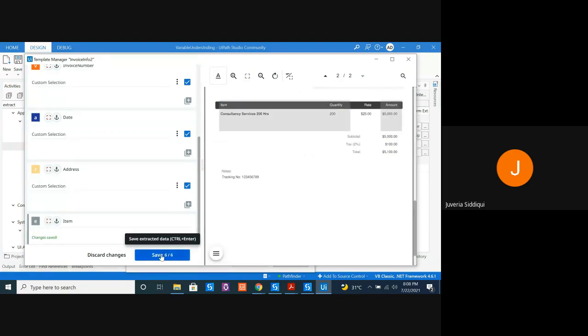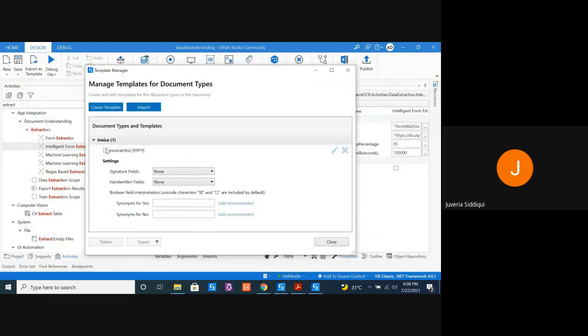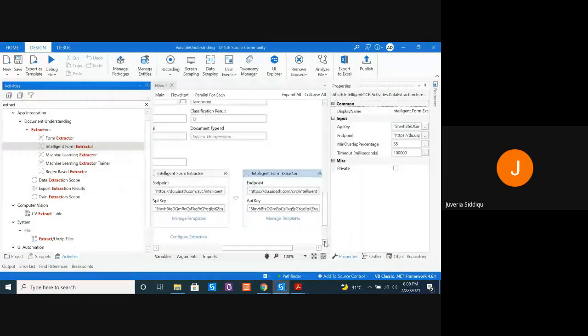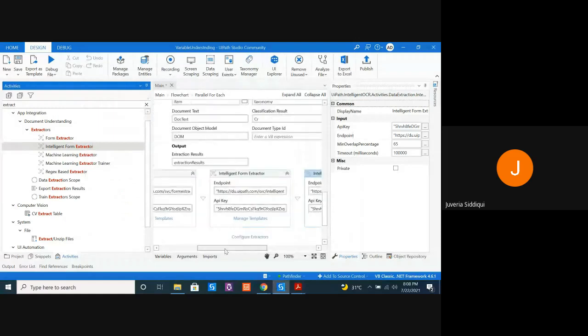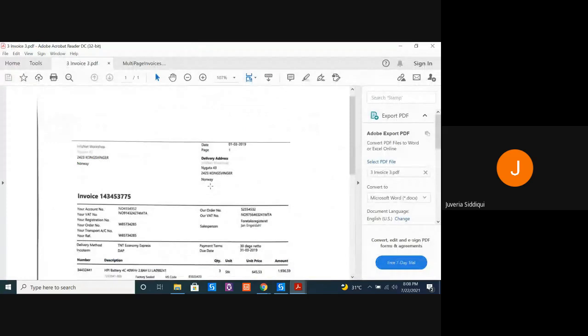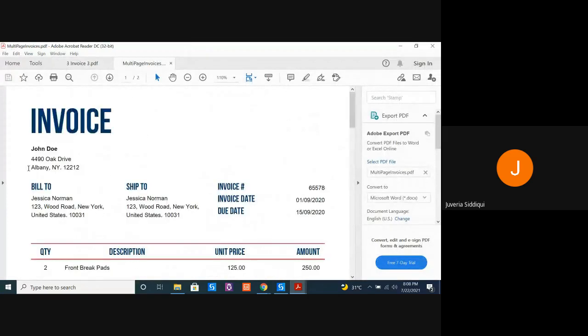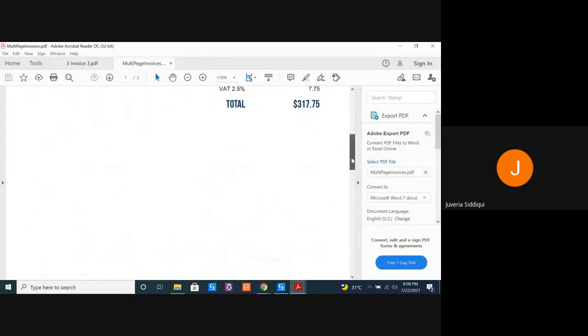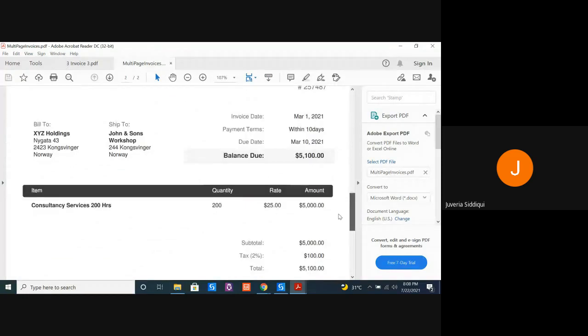Save and close and just save this. This is what we want and let's start. All right, now we have extracted all the required information from our document. Now in future, if you keep thousands of documents that look very similar to what you have trained your robot on, like something like this or this or this, the bot will take care of it.